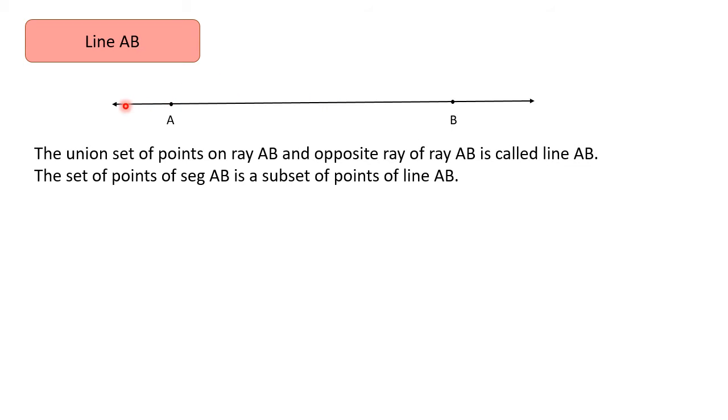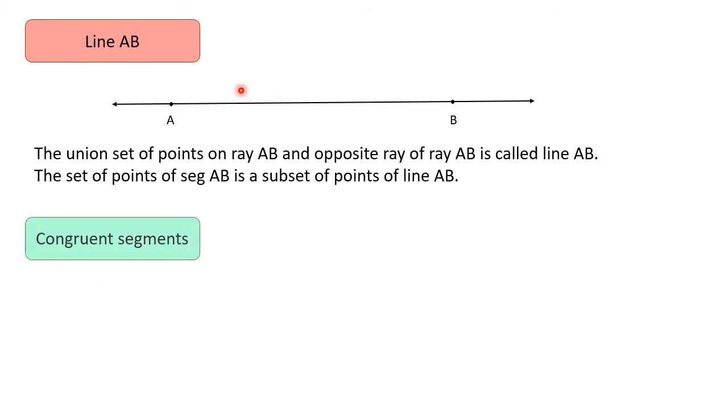What is all the points? This line will further go on continuing, right, from both the sides. So segment AB is a small part of this huge line which will go on continuing towards infinity from both the sides. That's why it is called a subset of points of line AB. Okay, segment AB will become a subset of line AB. Line will go on continuing and a segment is a small part, right? This is a small part of this whole big line.